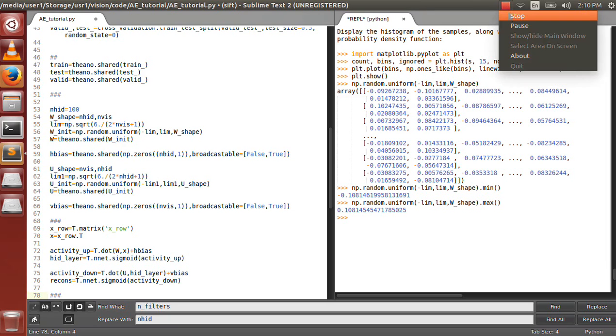So first let's define the activity for the hidden units as activity up. So this will be a dot product. By dot product I mean a simple matrix multiplication between W and X with an H bias added to it. So when you multiply W with X, you get a matrix out. The size of this matrix will be n hid into the size of the batch. That is, if you had given it 17 images and the number of hidden units is 100, like above here, the output size would be 100, 17.